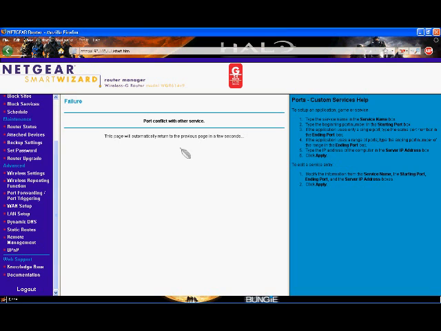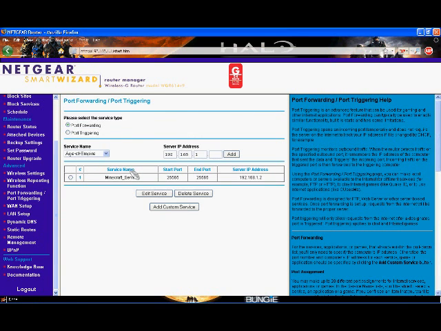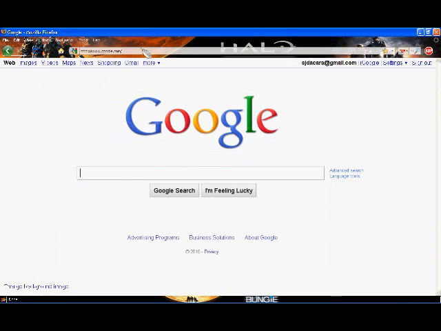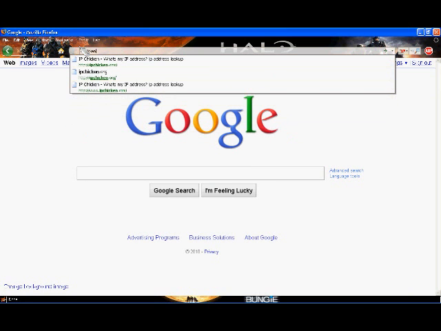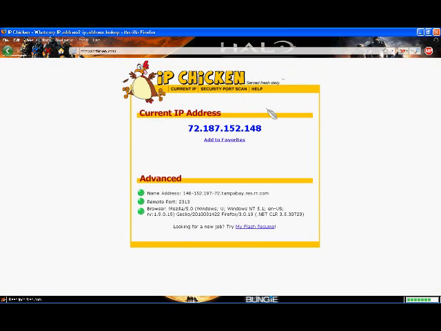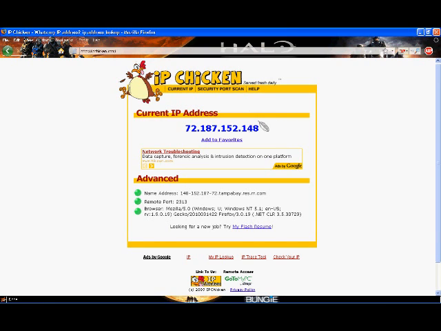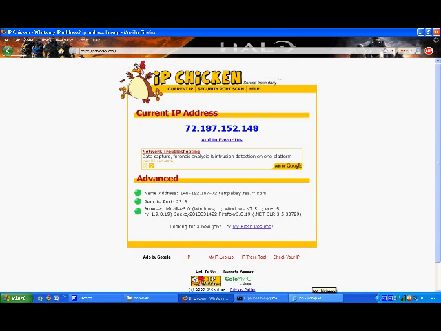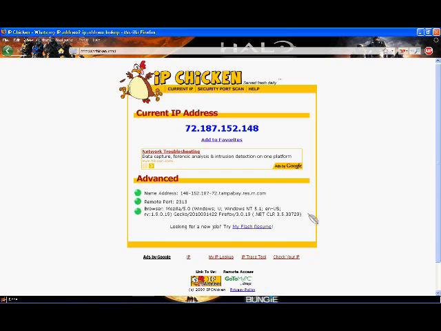Oh, sorry, no. You're going to want to go to your home page, and then go to ipchicken.com. Here it will show you your IP address, and this is the IP address that players will be using to get into your server. Close that up, and make sure you write that server IP down. Then run Minecraft server.exe,